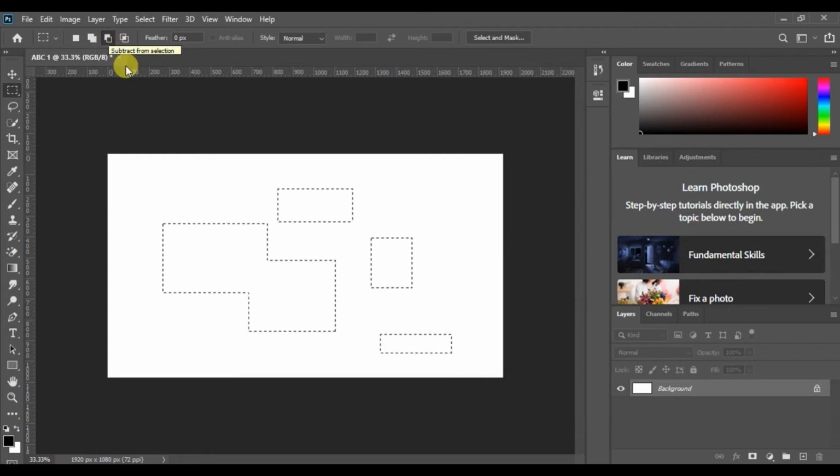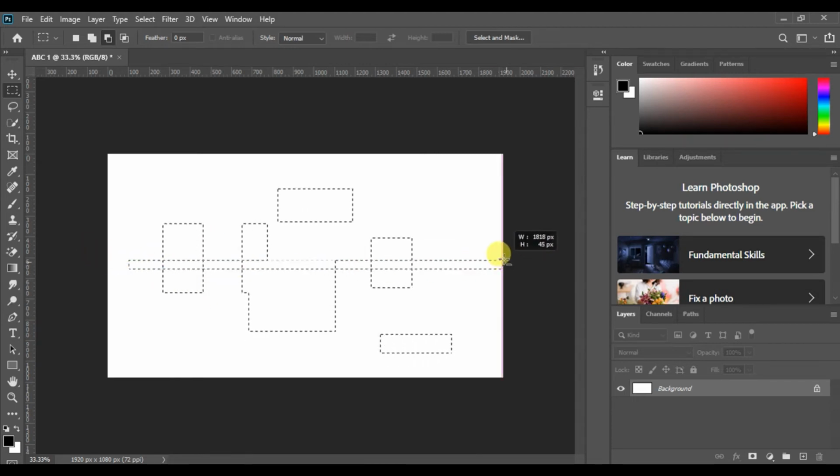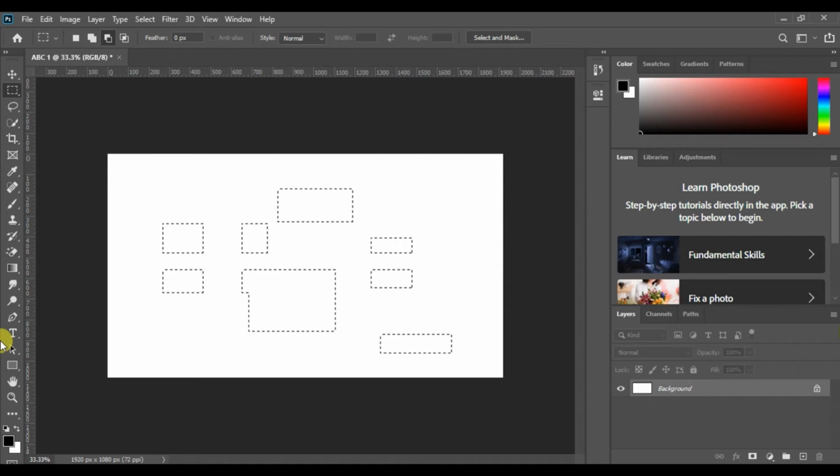Now the purpose of the third icon is that it deselects the area which we pick out on the canvas, as you can see on the screen. And the purpose of the last icon is that it merges the common area between the two or more selected areas.